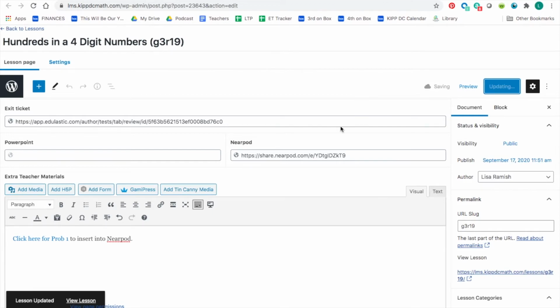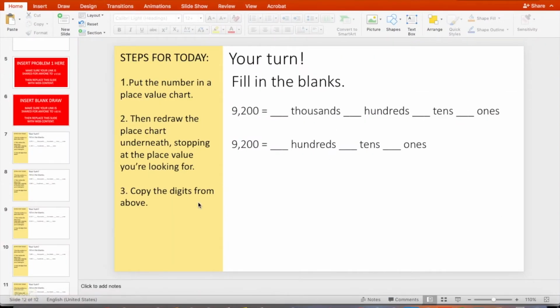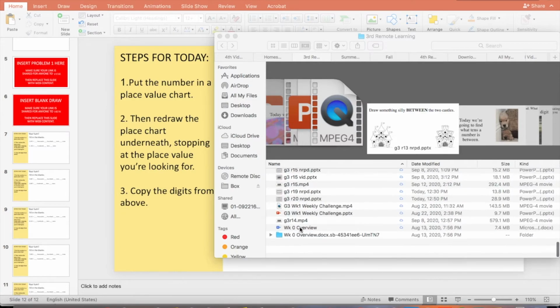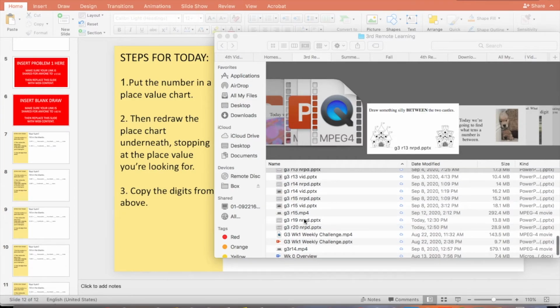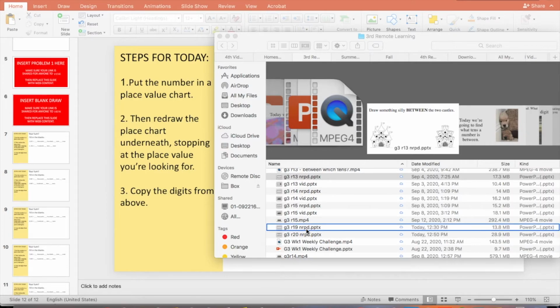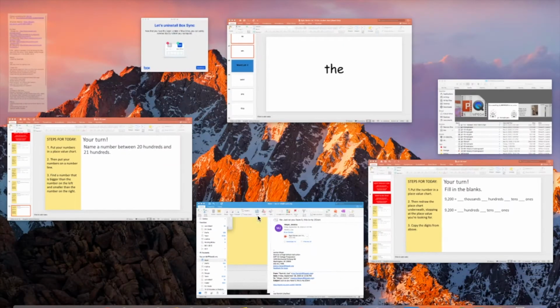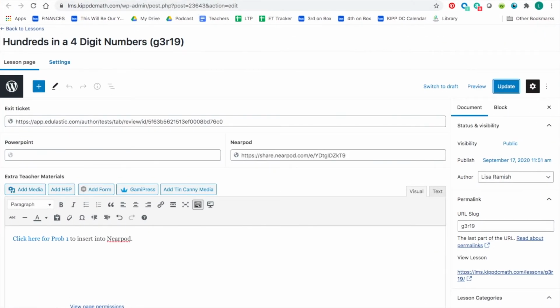And now I need to do one more thing, which is paste the PowerPoint that I used. Because most teachers just use what's in Nearpod, and they like that. They don't need to convert the slides to Draw It. But some teachers want to make edits, so I also place the PowerPoint. The way that I get the link is in my Finder, right? It's in Box, so when I right-click it, I go to Share, Copy Shared Link, and now I paste that into